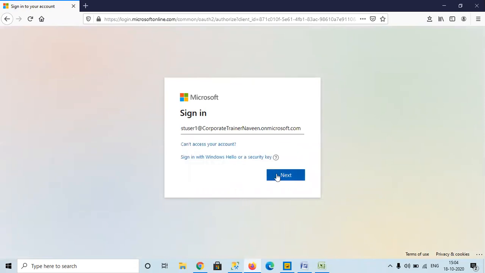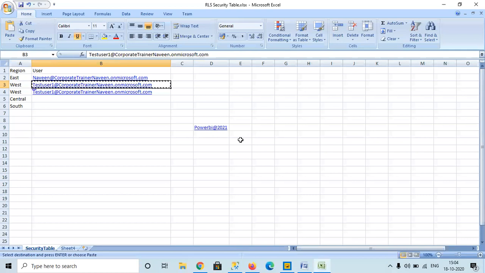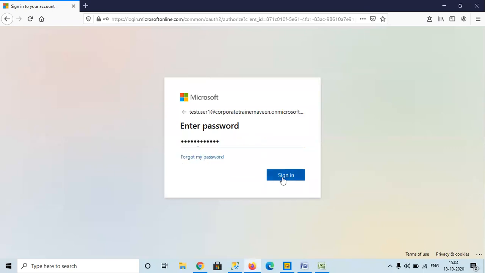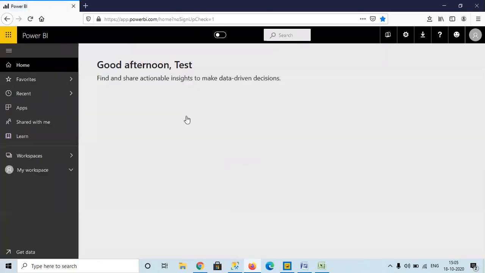Done. Next, I have to give the password. I have the user password here. I just give this password and sign in. I'll save this also so that every time we don't have to sign in with this account.